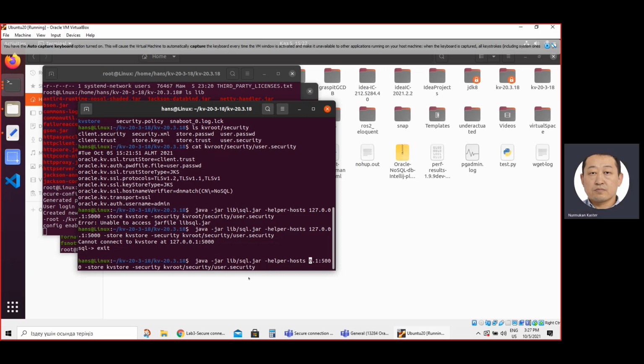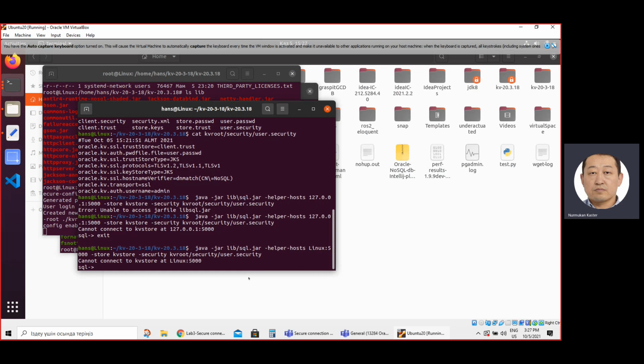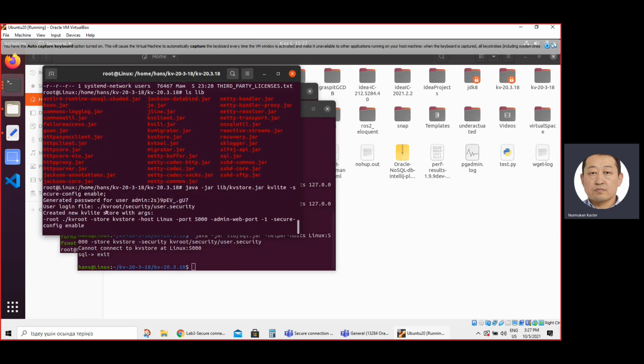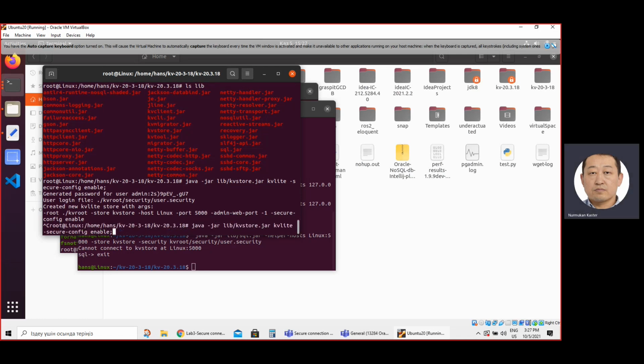I also want to use Linux as well. Maybe try it again. Cannot connect. Maybe I should start again with